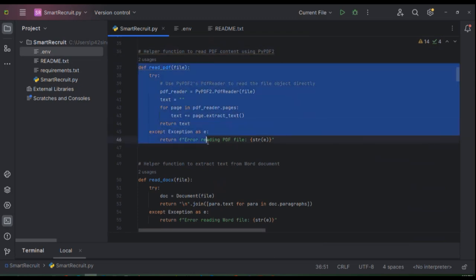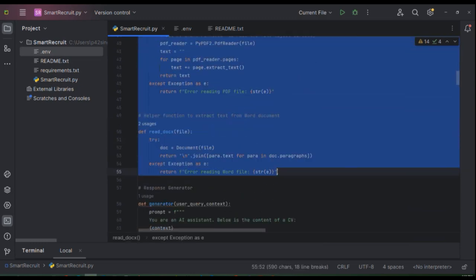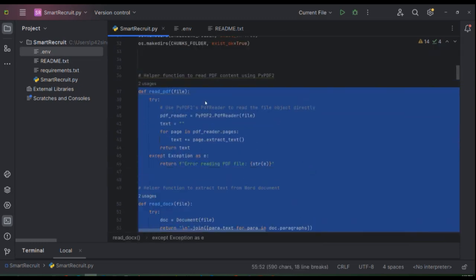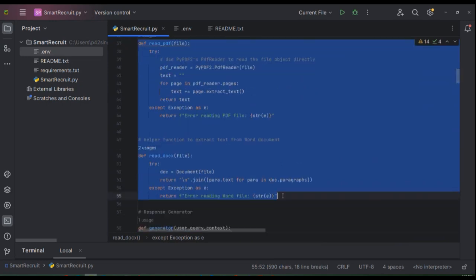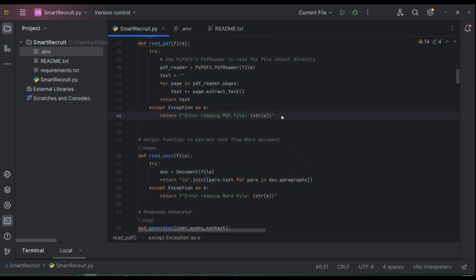So these two helper functions are to extract the file content from .pdf and .docx files, because our resumes are going to be in .pdf or .docx format. So this read underscore PDF function handles the extraction of text from PDF files using the PyPDF2 library. So how it works? So basically,